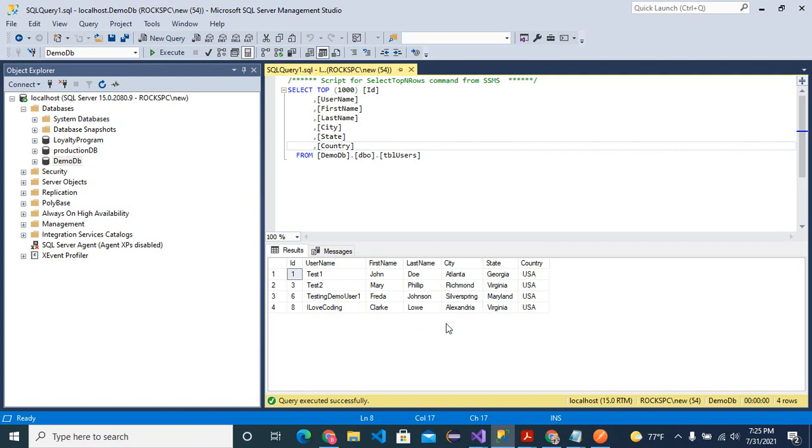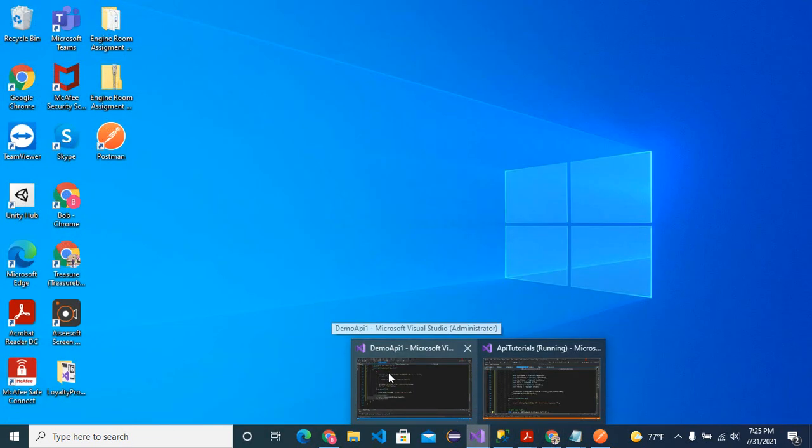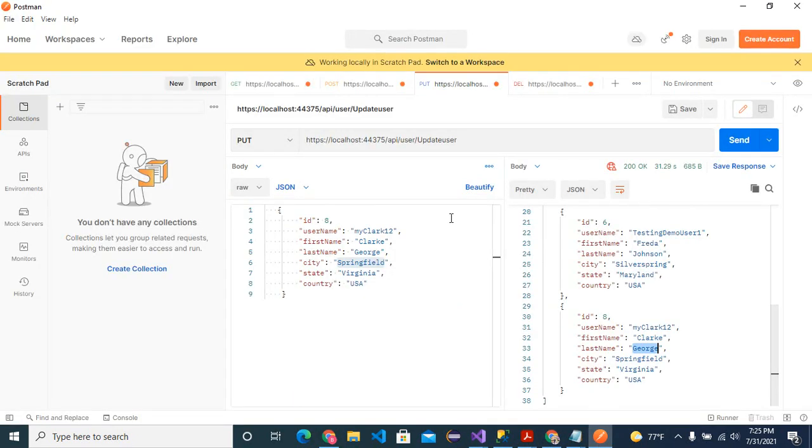When we go and run the record, you're going to see that this is going to change to Springfield. This should change to George. So let's run it again. So this changed to my Clark, this changed to George and Springfield. So that is working correctly. Let's go delete the last row, the last record, and that will conclude our